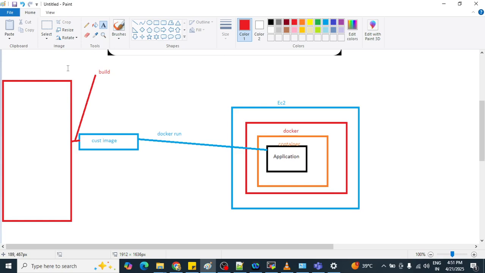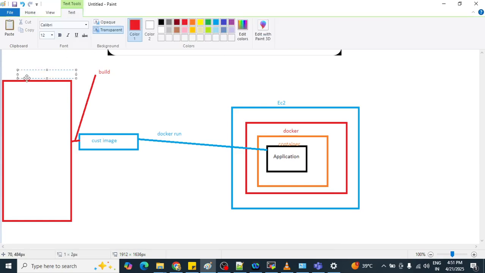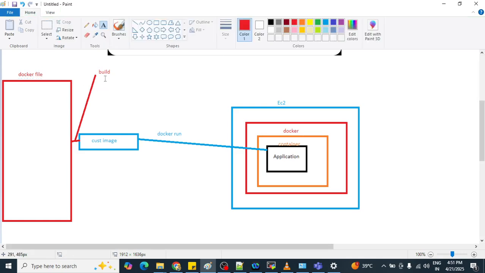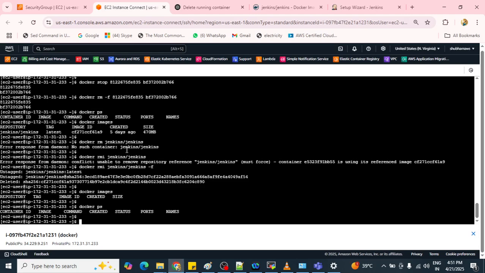Over the docker file we are building it, and once built, the custom image is created, and over that custom image we run the docker run command, and then a container is created, and the container contains application plus operating system. Got it?